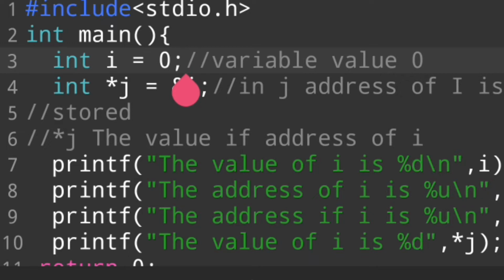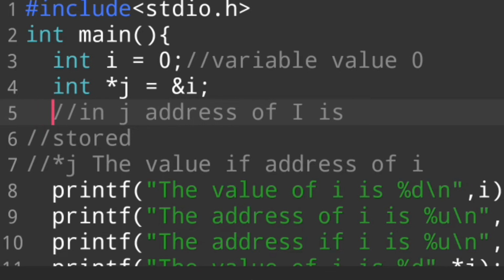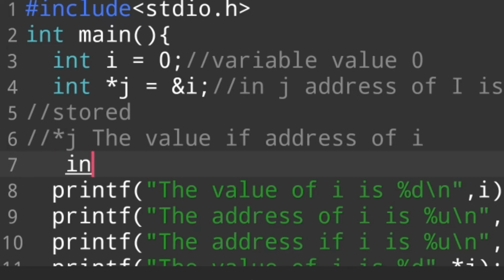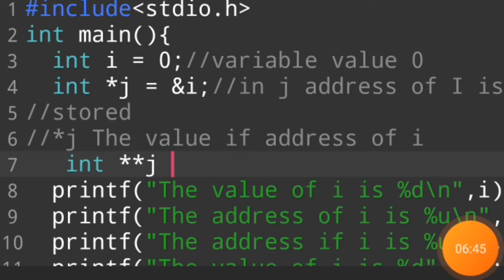So we also declare what is pointer to pointer. What is pointer to pointer? We say int.